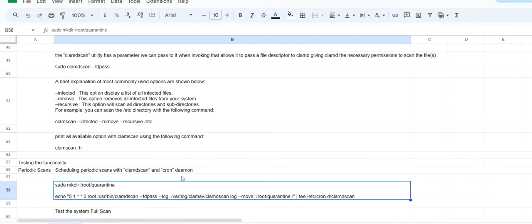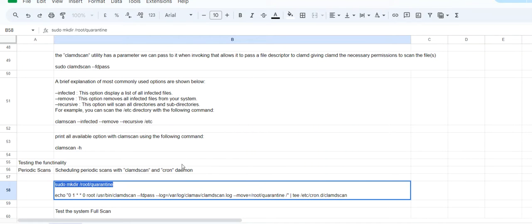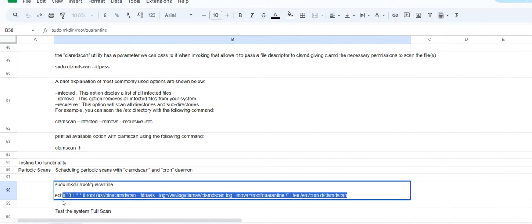Periodic scan. Like here, first we create a folder with the name quarantine under /root. Why are we creating this? All the infected files will be sent here, and then we can make